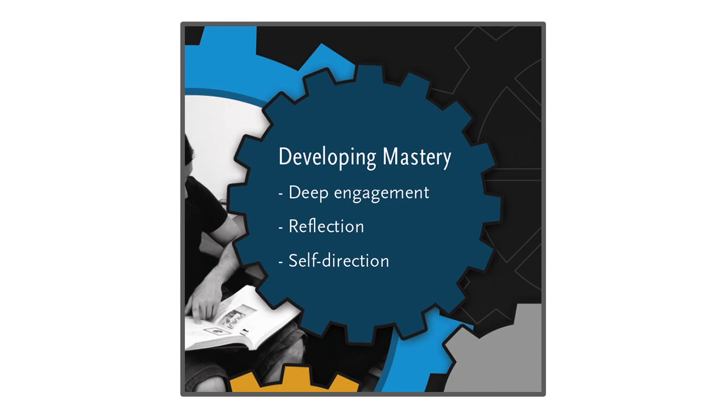Let's look at 3 different areas that are essential for establishing mastery. One is deep engagement, a second one is reflection, and the third one is self-direction. Let's look at them each separately. Mastery is deep engagement in terms of having students not do surface learning that might be just a quick and dirty memorization of facts at a rote level and spilling them back on a test, but doing what AAC&U refers to as high impact practices.